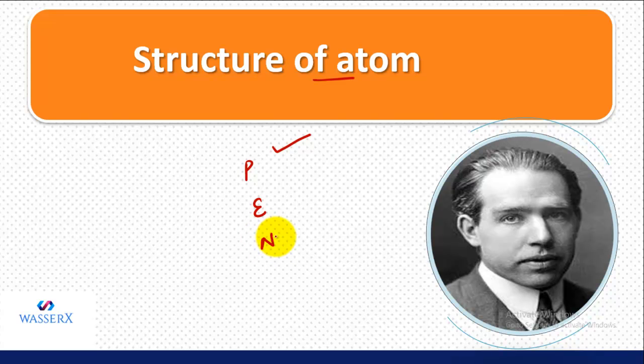See, in order to study the structure of atom, there were many scientists who proposed models. Like there was J.J. Thomson who proposed the plum pudding model. There was another, Rutherford, who proposed the Rutherford model of an atom. But the well-accepted model was given by this young scientist, Niels Bohr. Niels Bohr focused on the drawbacks of other models and proposed a model which is accepted worldwide.